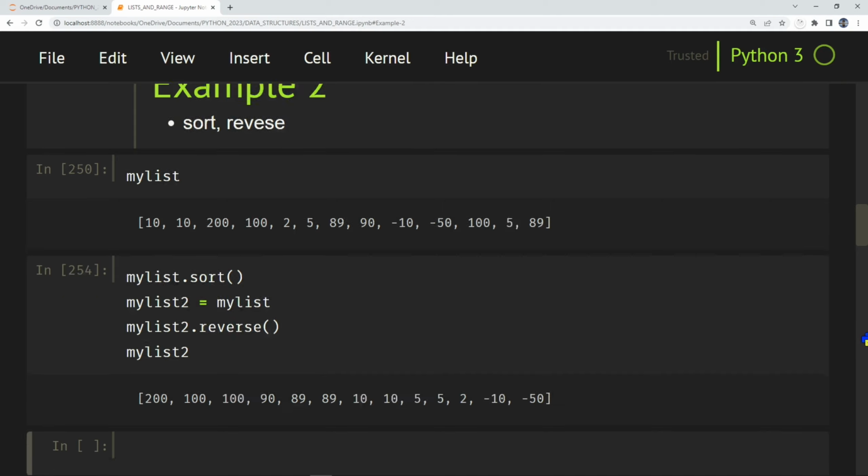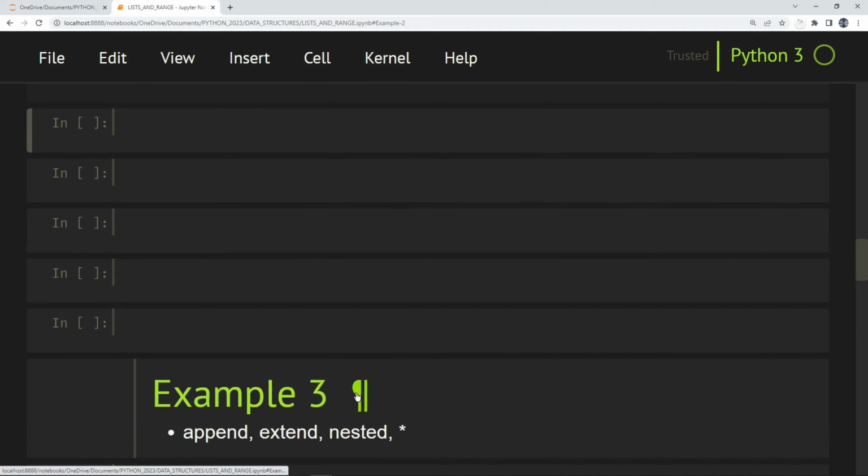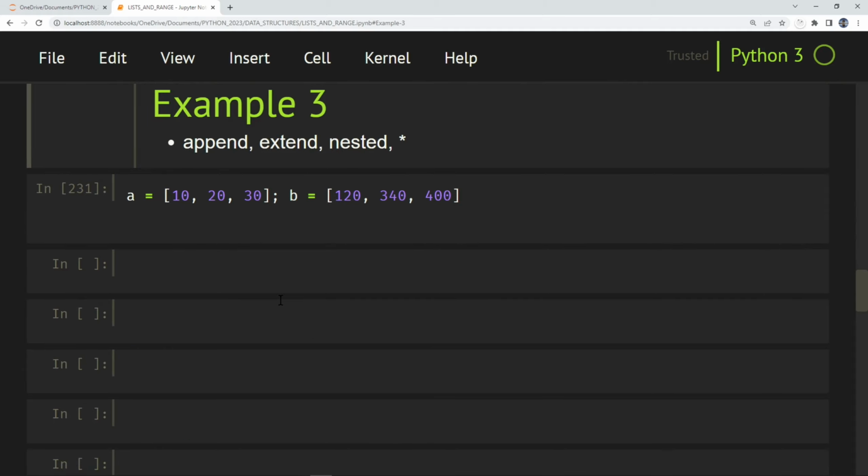Alright, so let's take a look at our third example. This one here: append, extend, nested, and the asterisk. You're going to be using append probably the most when you use a list, particularly when it comes to for loops. Alright, so we have here these two lists, and what I'd like to do is just simply